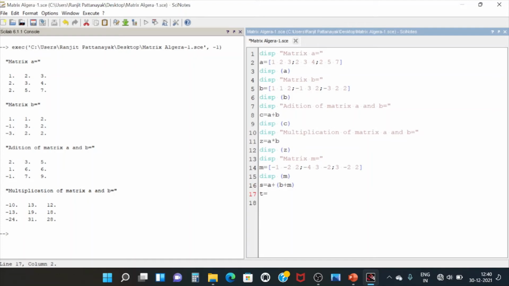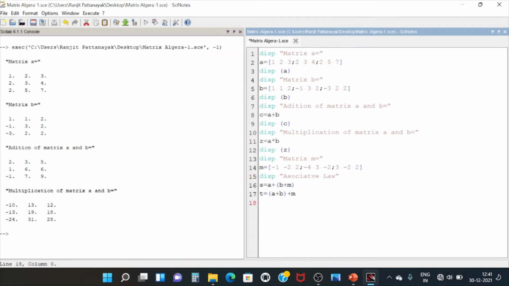It will show you the value that is A plus B plus M. Okay, now at the end we can find that the S value and T value will be the same. So here I have to write display in the double quotes, associative law.